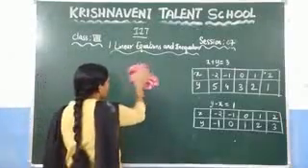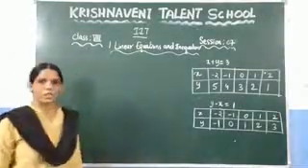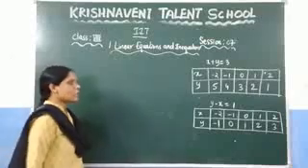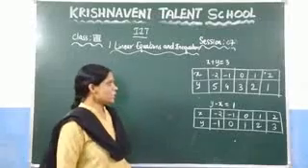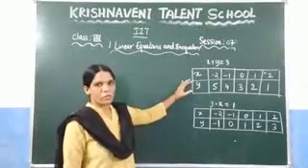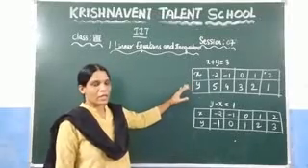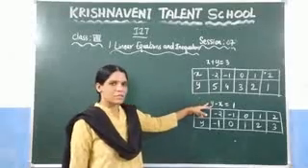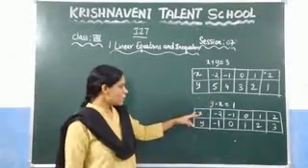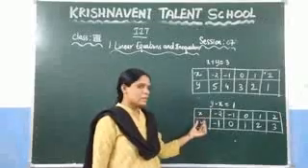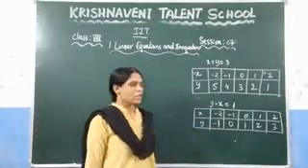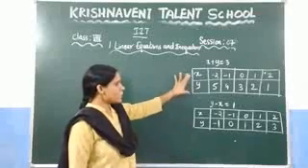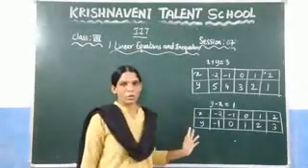Now here they have given two equations. You need to find the solution of this equation. That means you need to find the value of x and the value of y by using the graphical method. So for that reason, we took some values of x and we found the value of y. And similarly, we have considered one more equation, this one, and here we took some values of x. Based on the values of x, we have found the value of y. Now we need to plot this table and this table on the coordinate plane.